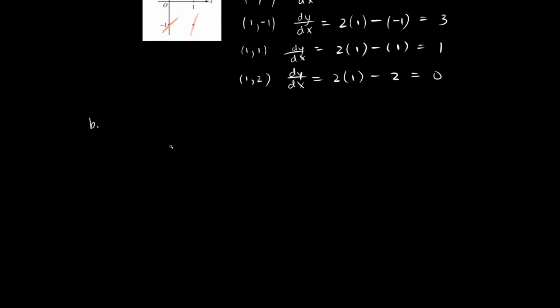For part B, they want the second derivative of dy dx is equal to 2x minus y. In order to take the second derivative of this equation, first you have to take the derivative of both sides. So the derivative of a derivative becomes the second derivative. Now, the right side, the derivative of 2x with respect to x would just be 2. The derivative of a negative y with respect to x would actually be a negative dy